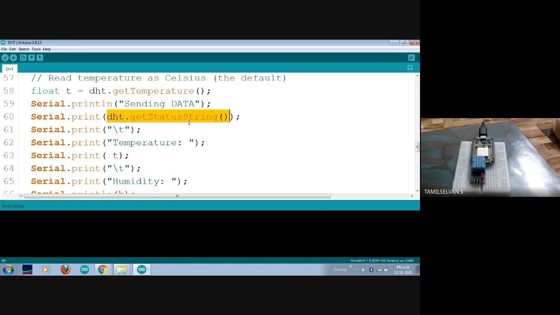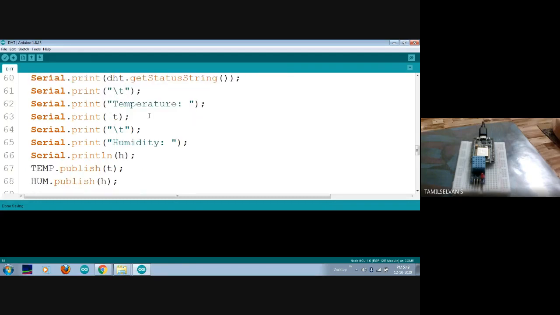So I'm using this status of my DHT sensor, and with a space I'm going to display my temperature. I'm printing temperature colon, and the variable t in my serial monitor. And with another additional tab space, I'm going to display my humidity: humidity colon, and the humidity value.